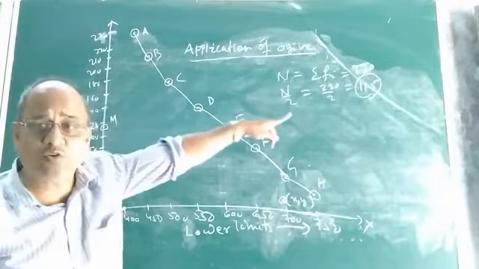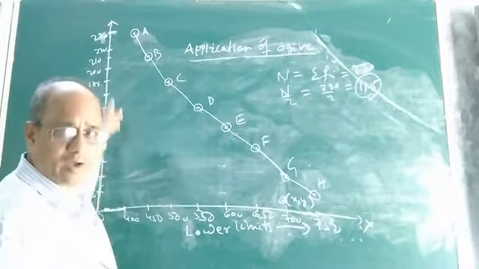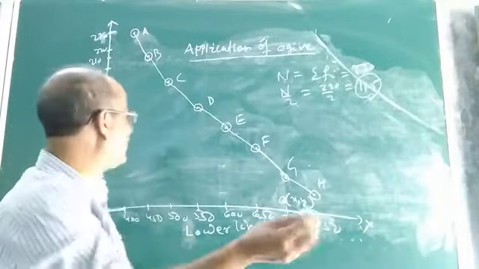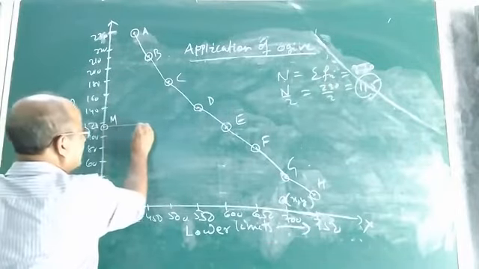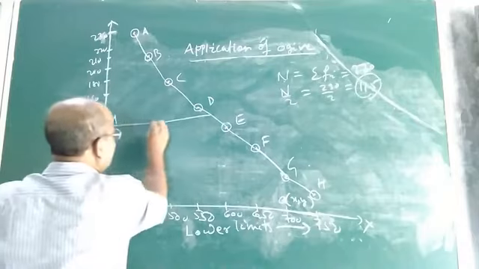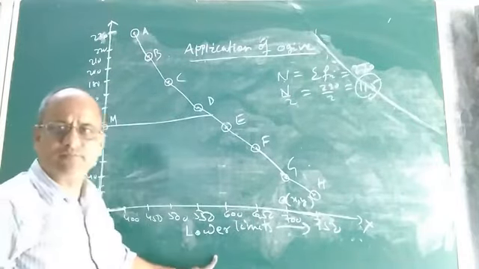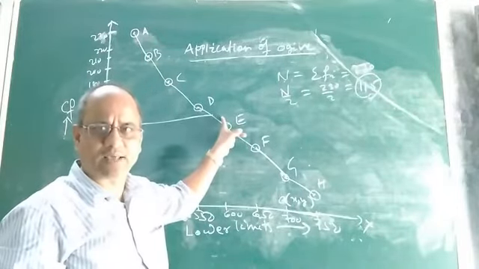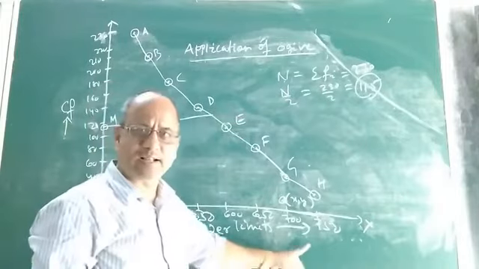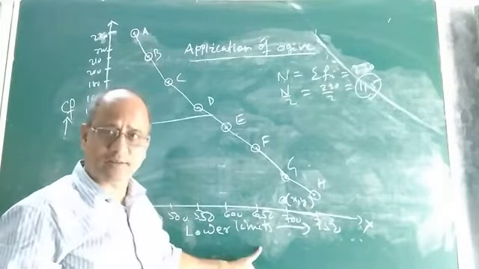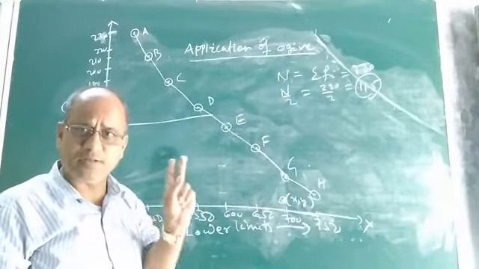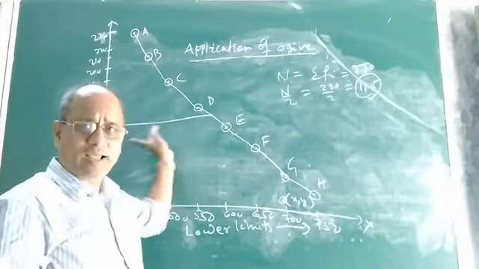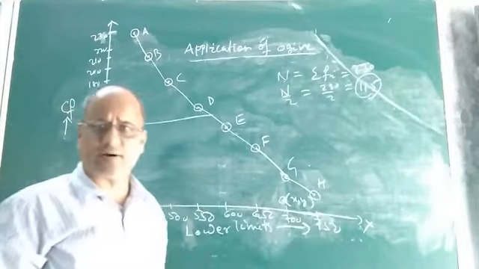After locating the value of n by 2 on the y-axis, what is the next step? The next step is to draw a line parallel to the x-axis, which represents the lower class limits, because we are discussing the more than type ogive. In the more than type ogive, you know that on the x-axis we take the class interval lower limits, and on the y-axis we take the cumulative frequencies. Then only we draw the more than type ogive. So draw a line parallel to the lower limits or the x-axis.